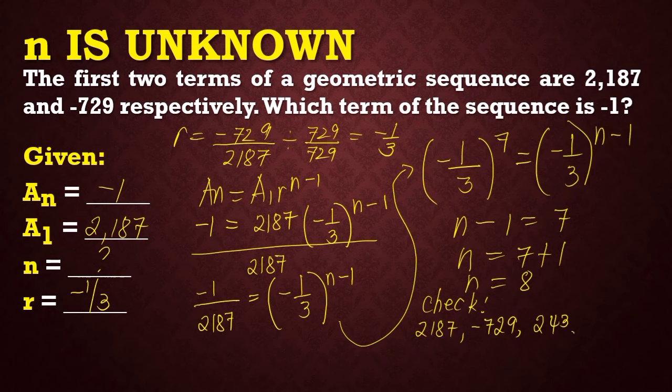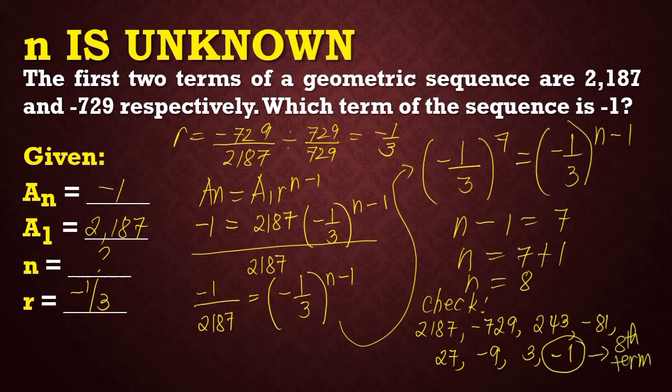So, and then, times negative 1/3, negative 81, another negative 1/3, that is 27. Another negative 1/3, that is negative 9. And another negative 1/3, that is positive 3. And then, yung pinakahuli is negative 1. Kapag binilang po natin yung mga terms niyan, makikita na yung negative 1 pang 8 term po siya ng ating